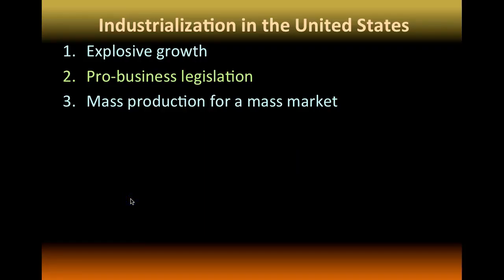Okay, just to touch upon industrialization in the United States, there are a few main factors. There was explosive growth in the late 1800s and early 1900s. This was thanks in part to access to resources from the Americas and from Europe, European capital. All the things that make money came quickly to the United States. And so the United States saw really rapid growth and process of industrialization.